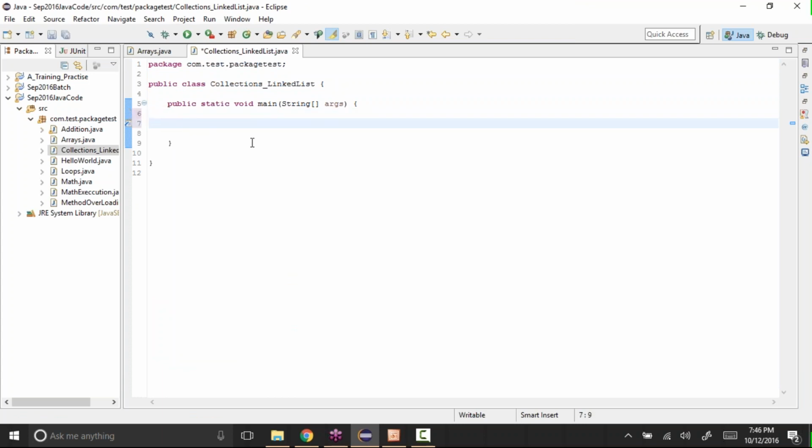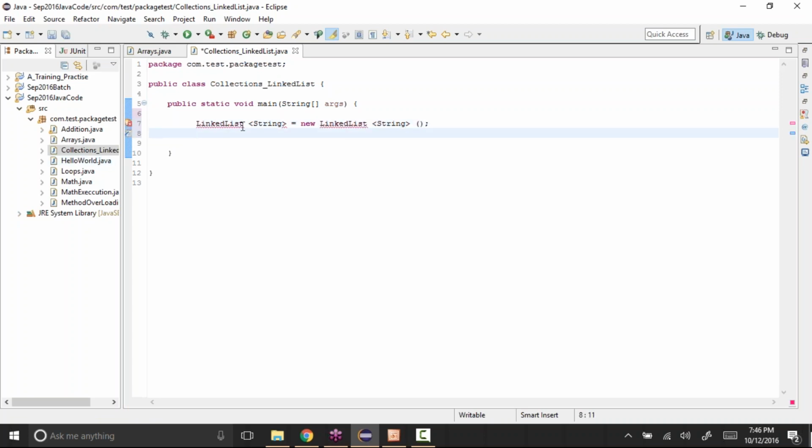Okay, so now what I want to do is create a linked list. See, same thing, LinkedList of String, equal to new LinkedList of String, open and close brackets, and end of the statement.